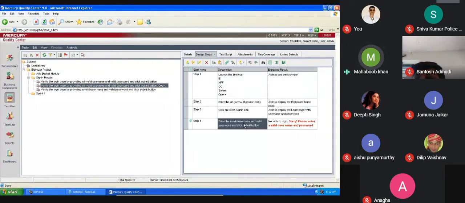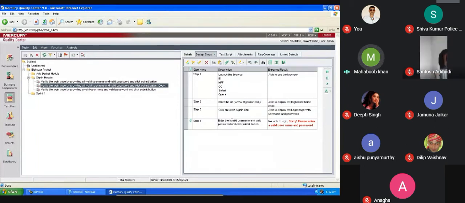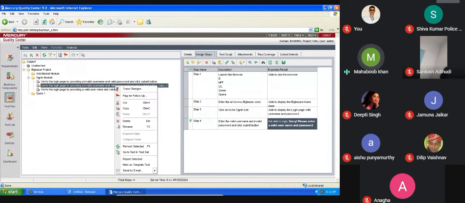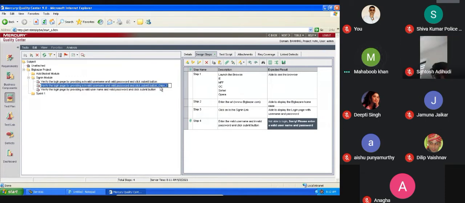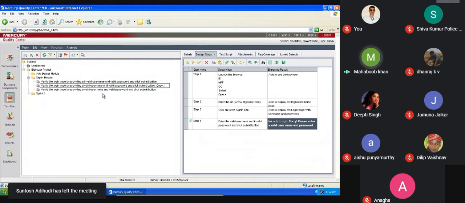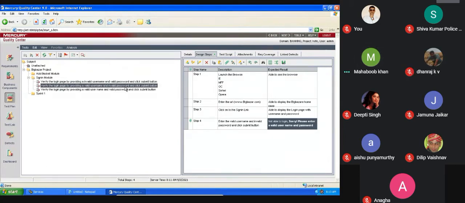Now go here and make changes. So it is not invalid. I will remove this and I will maintain the password as invalid. So this error message remains the same. So here I need to make the changes. Give right click and rename. I will make the valid username and I am making this an invalid password. Then I am removing the suffix copy underscore 1. Correct? So this is the step that it has been removed.